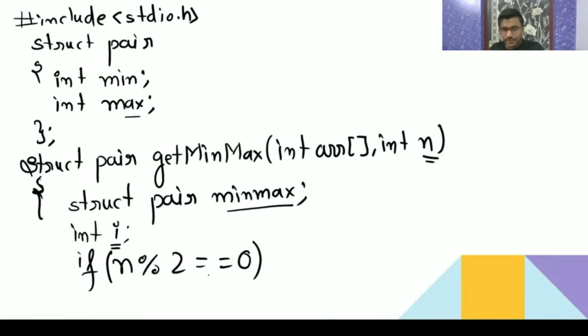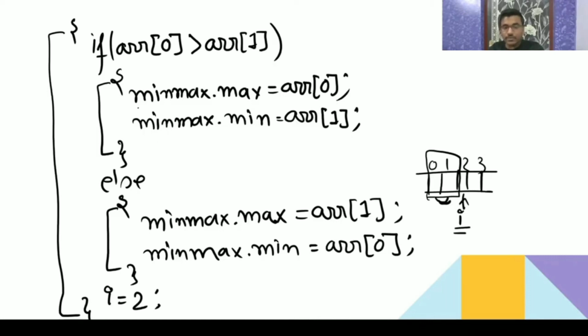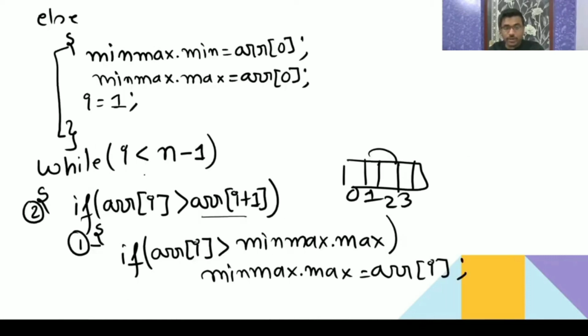When n is even, this is one comparison they will take. But if n is not even, okay, n is odd, means here you have to consider here. Here only the comparison is there. Please think. This is the case. Now first tell me if n is odd, how many number of times this while loop is going to run? Correct, Ratu. Correct. Very good. How many number of times is this while loop going to execute? Yeah, correct, Imam.